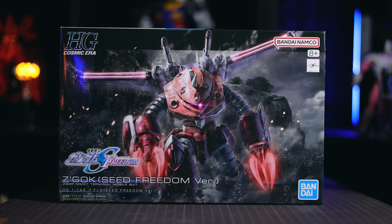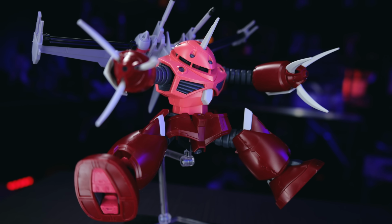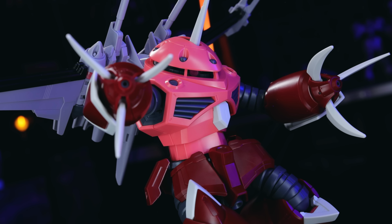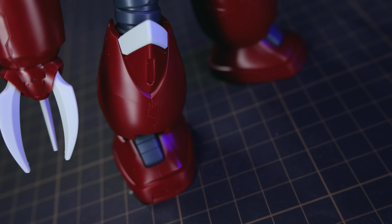Today it is Crouching GOK, Hidden Gundam, as I take a look at the High Grade GOK Seed Freedom version. This is a ridiculously cool model kit and it's not like anything we've ever seen before. It's classic looking GOK on the outside, Infinite Justice Spec 2 on the inside, and if this story is correct,